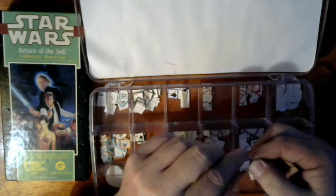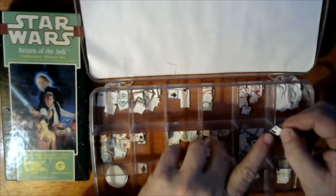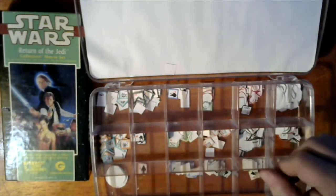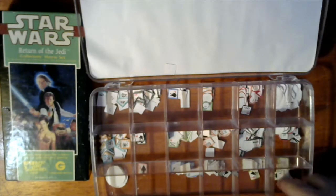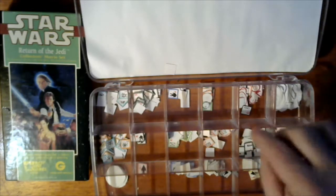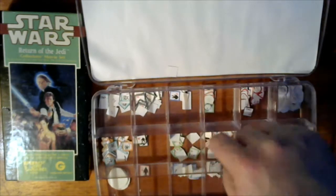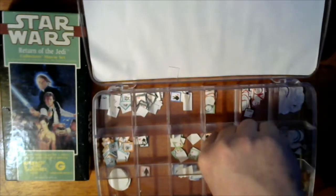Here's one for a helicopter. That's a helo. This is a wheeled vehicle, usually a tank. The reason I know they're tanks is because they're not marked as infantry. And let's see if I can find a motorized version of an infantry unit. Yeah, right here. Okay, so